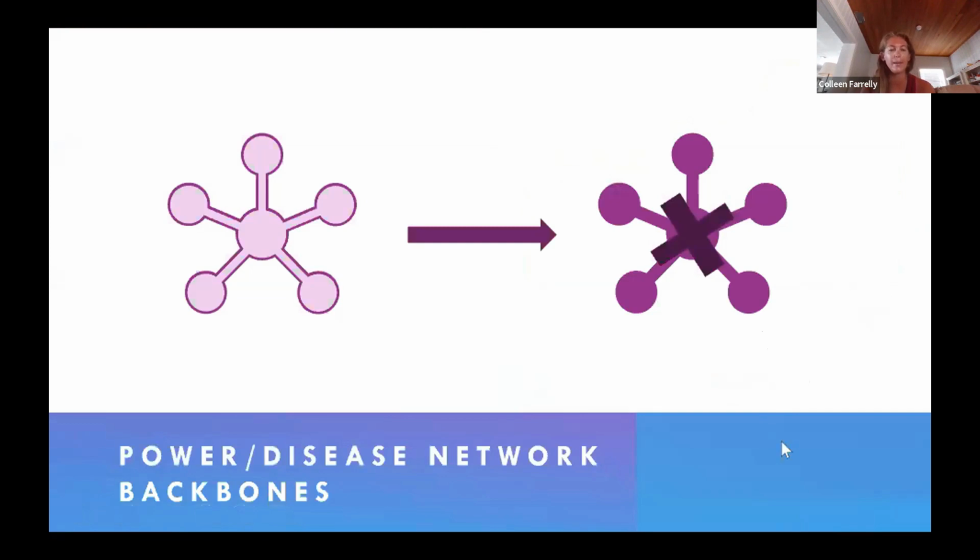And one of the key things with a lot of network science is finding important pieces of the network. So say we have an epidemic network or a power network, and we want to understand what's important for the disease or the electricity getting from one place to another. This is an extreme example of a network, but say we're interested in power getting to this area of a city,